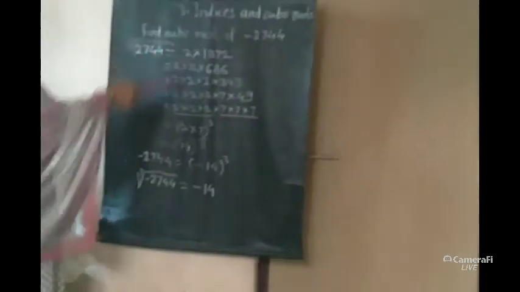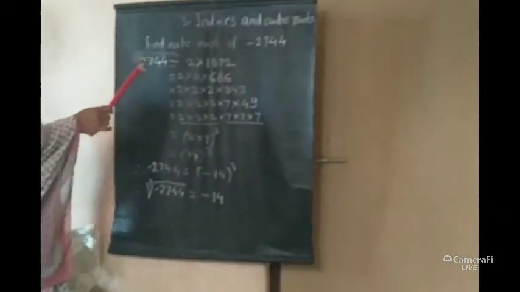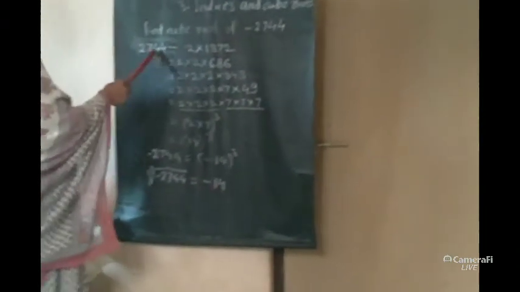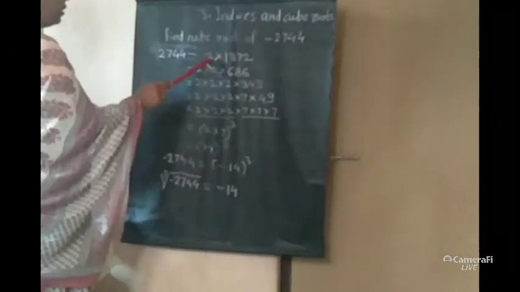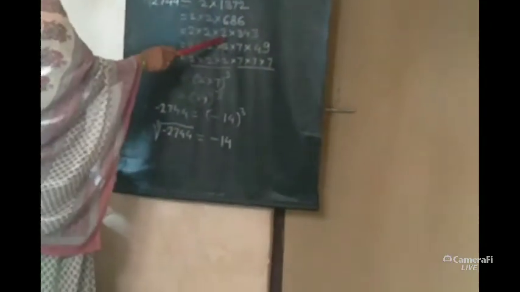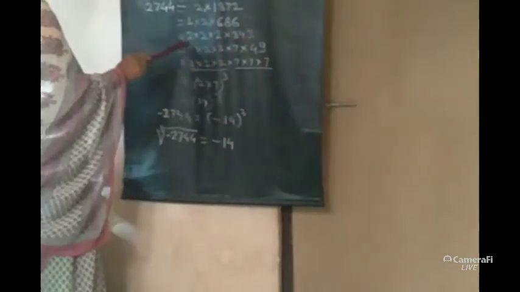Now find the prime factors of this number by the method I taught you in the last lecture. First, we find the prime factors of this number. Here, I have solved the example. First, we find 2 as a prime factor, and for the remaining number, we divide this number by 2. Again, from this, we draw 2 as a prime factor. Again, in the third step, we have 2 as the prime factor. Now, 2 into 2 into 2 into 343. This is our third step.